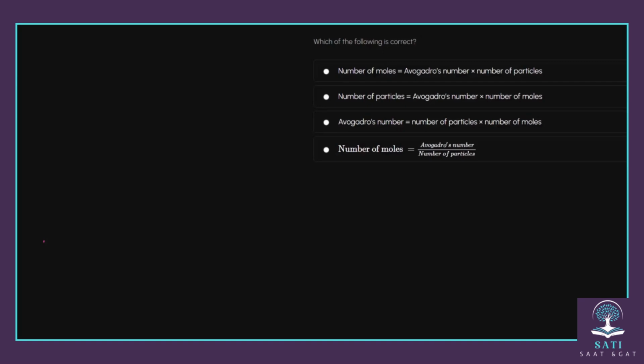Which of the following is correct? Number of moles equals number of particles. Okay, we need to remember that we have two main formulas here in chemical calculations that are related to number of moles. So just remember, number of moles equals number of particles